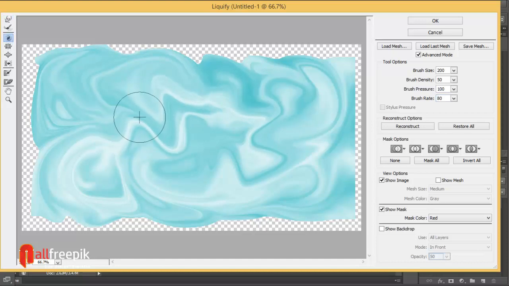You can adjust the texture with the Clockwise Twirl tool and the Bloat tool.